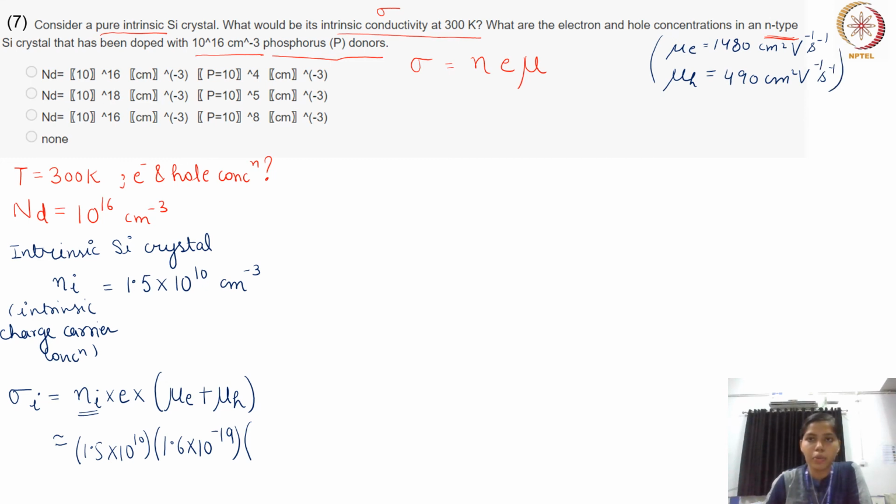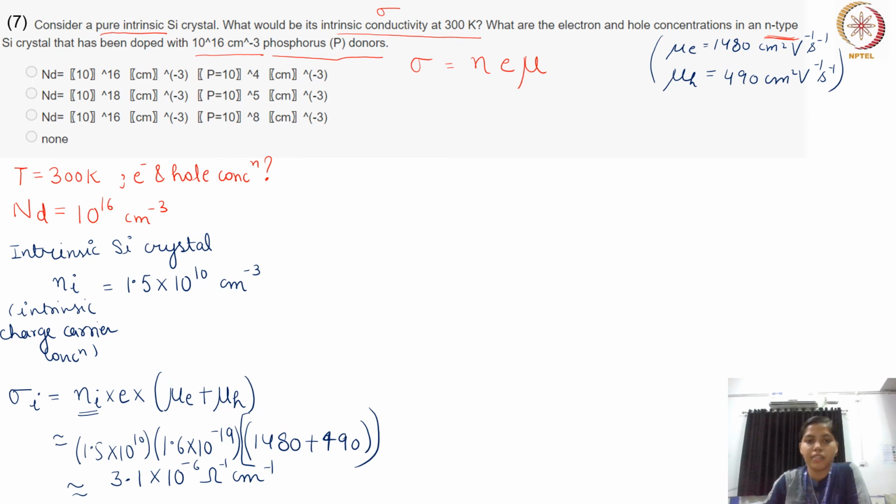Okay, so when you put all the values here, this is your 1480 plus 490. Okay, like this. So you will get your 3.1 into 10 raised to the power minus 6 ohm inverse centimeter